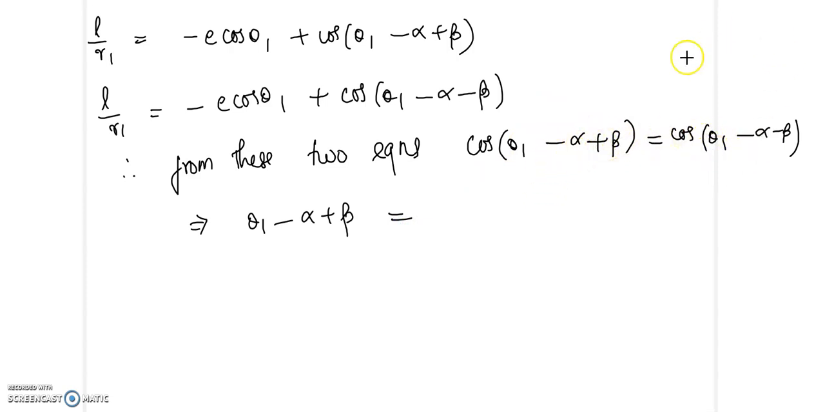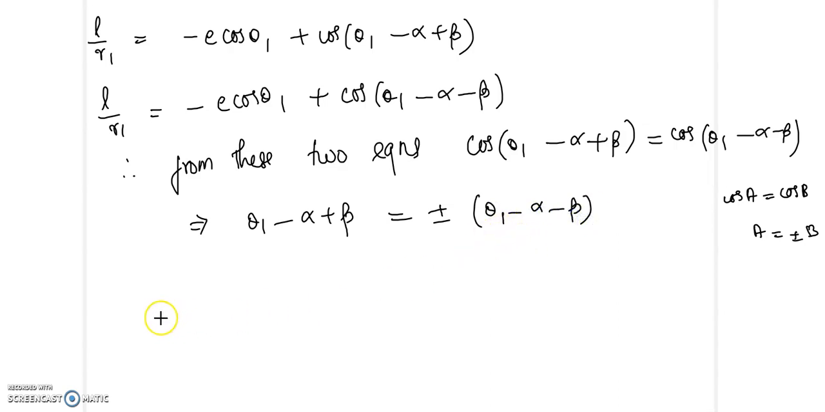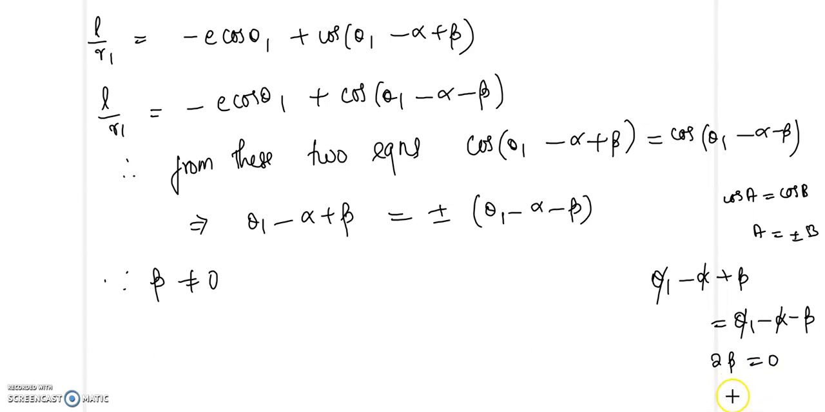Angles ഒന്നെങ്കിൽ equal ആയിരിക്കണം, അല്ലെങ്കിൽ, so if you have cos A equal to cos B, then A will be equal to plus or minus B. So therefore we will get plus or minus theta 1 minus alpha minus beta, and again since beta is not equal to 0, if you are taking theta 1 minus alpha plus beta equal to theta 1 minus alpha, so if I am taking the plus sign here, so what happens here is രണ്ട് സൈഡിലും theta 1 ഉം minus alpha and cancel ആവും, so remaining we are getting 2 beta equal to 0, but beta cannot be equal to 0, so since beta is not equal to 0,